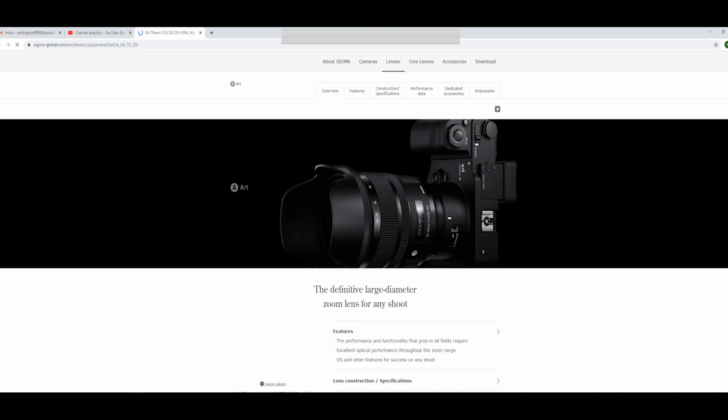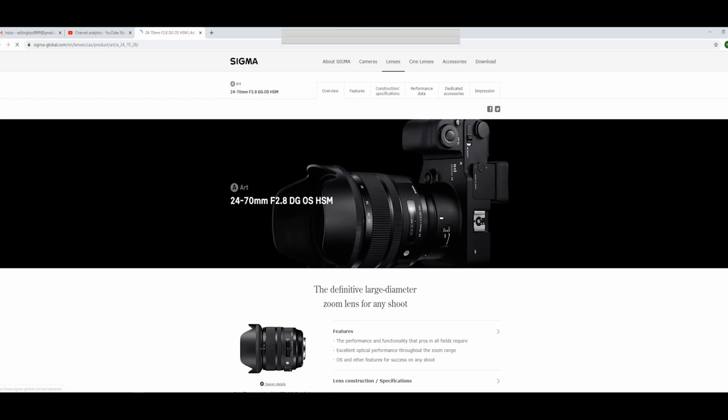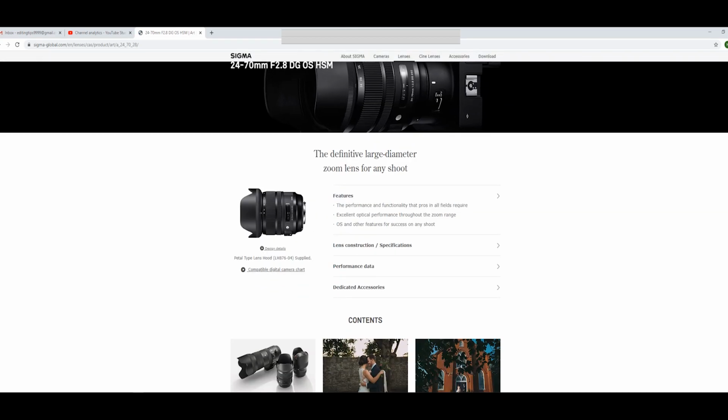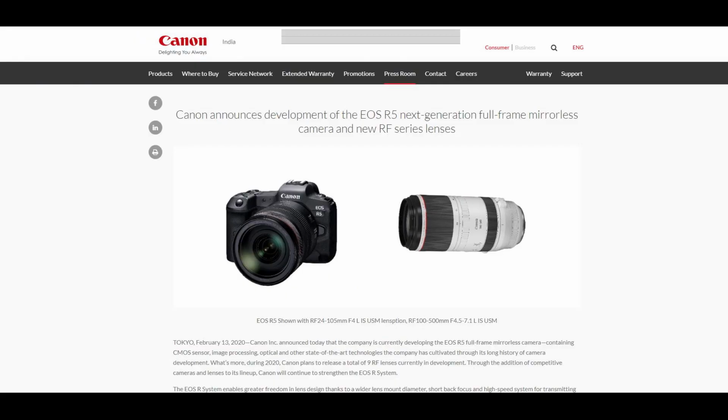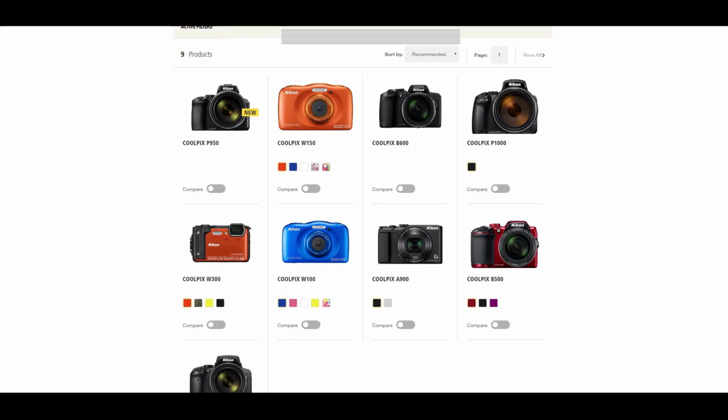Open Sigma website. You can choose any brand like Canon, Nikon. Now we can see the same type of pictures on their website.